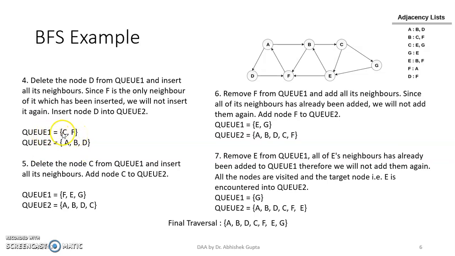Now for the next step, we have to process the item C, which has an adjacency list E and G. So E and G will be added at the last. Here we have added E and G, and C will be processed. So C will be deleted from here and added after D. So here we have added, right? Again, I want to mention that when we are processing item C, the adjacent list is E and G, so we can have any order, E and G or G and E, any order we can maintain.